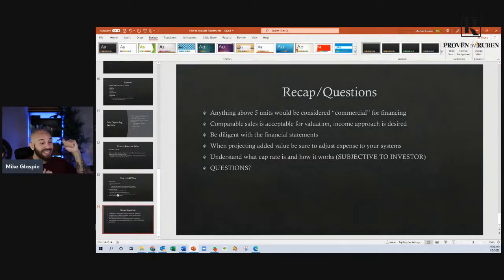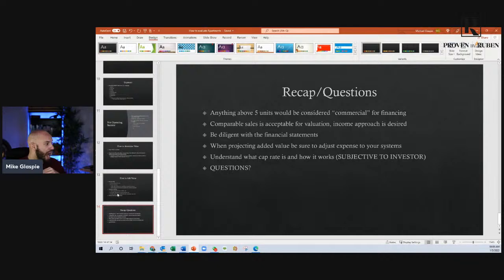Make sure that the expenses actually make sense, right? Make sure it's not just fluff charges for tax write-offs. Make sure they make sense to you and the way that you operate, all right? Same, projected added value. Make sure you adjust expenses to your systems. If your property management is 4% and they got theirs at 7%, well, hell, you just found a 3% increase